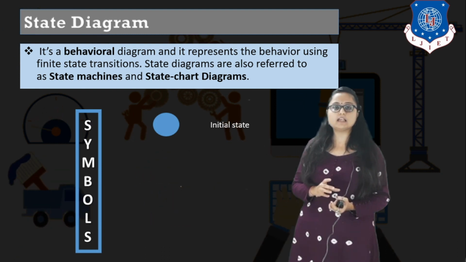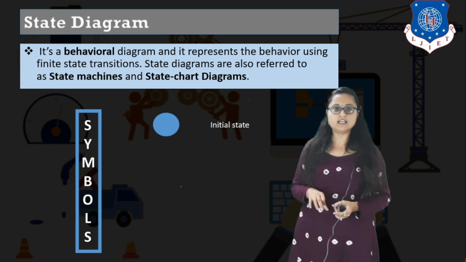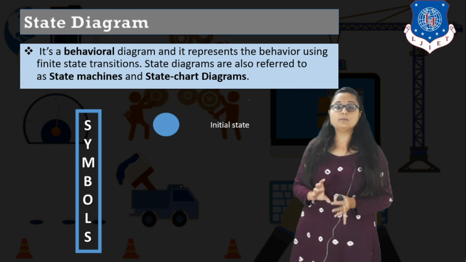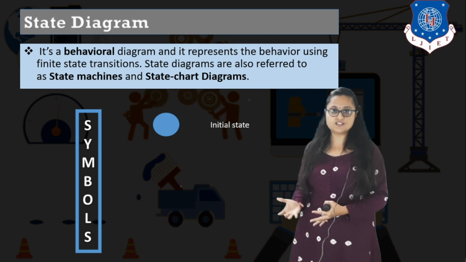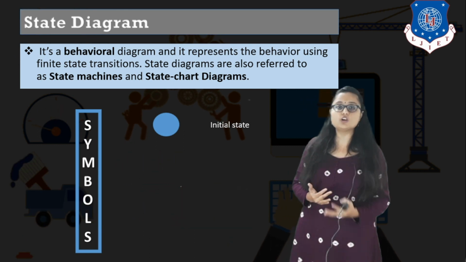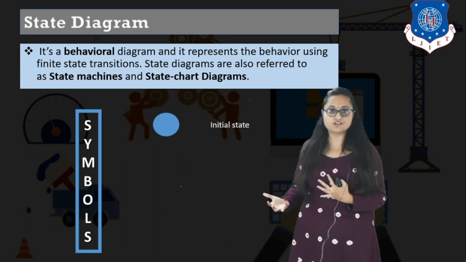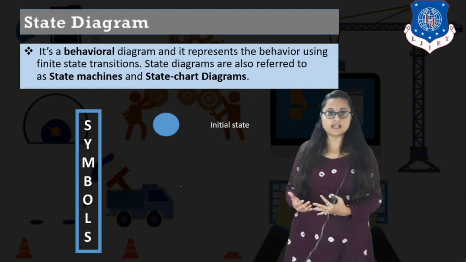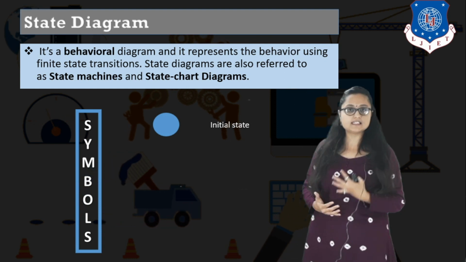The activity diagram symbols and state diagram symbols are somewhat similar, but the methodology of activity as well as state is different. The motive of state diagram as well as activity diagram is different. Students get confused between activity diagram as well as state diagram. State diagram is a static diagram.